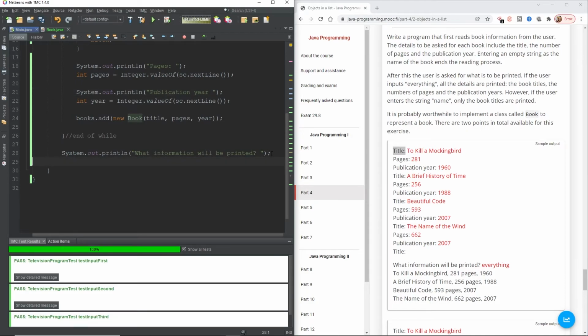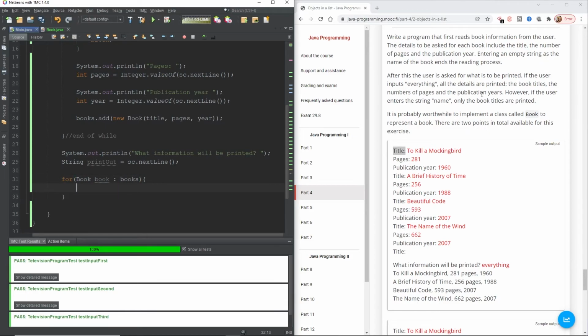So that is going to be a string, isn't it? Because it's going to store either the word name or everything. So String printout is equal to sc.nextLine(), and then for book in books,